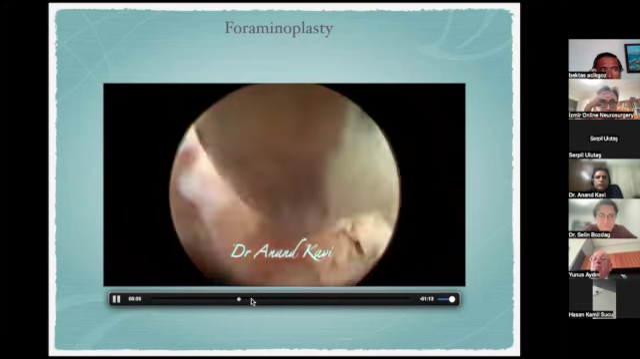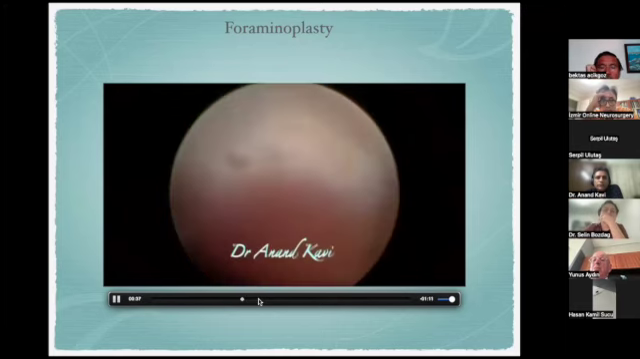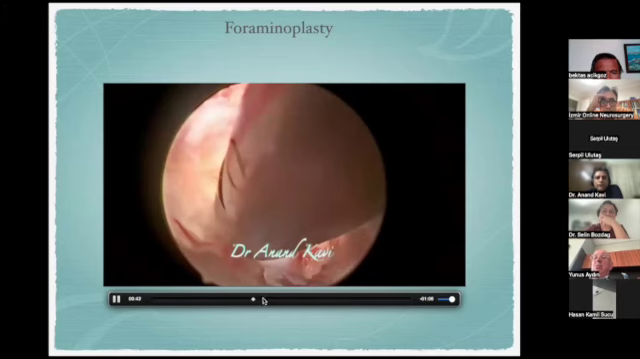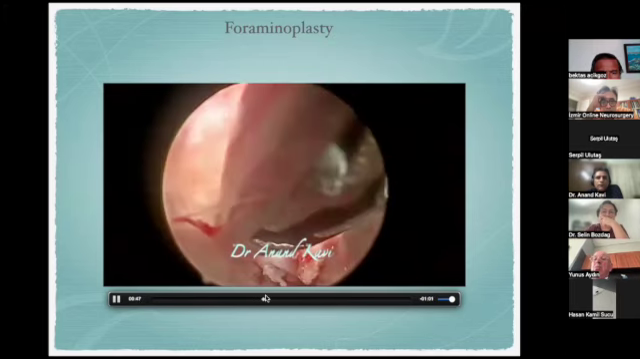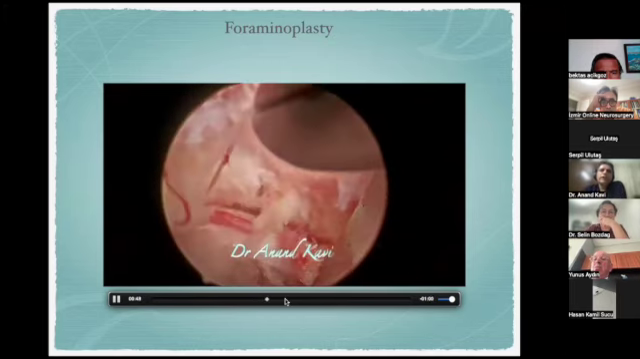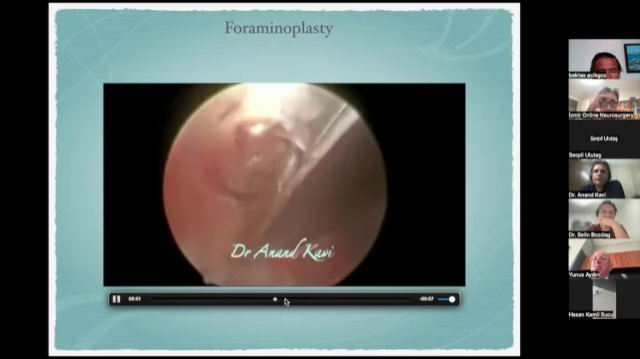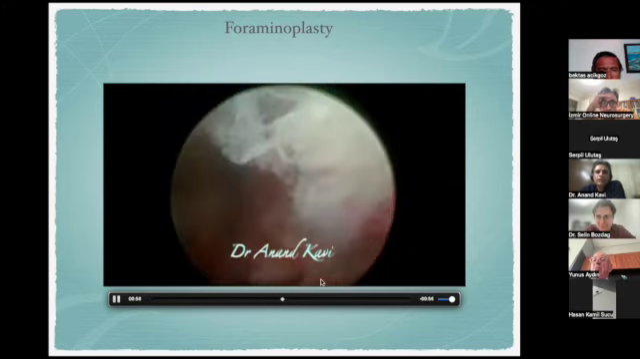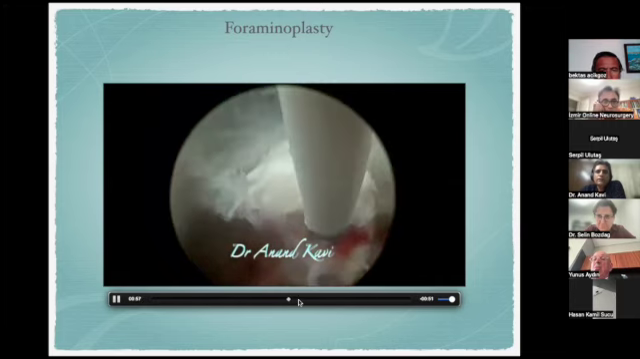You can also use radio frequency probes. This is an up-biting forceps being used. And this is not time consuming. The entire procedure can be done in maybe 45 to 50 minutes' time. So once you shrink all that junctional soft tissue,